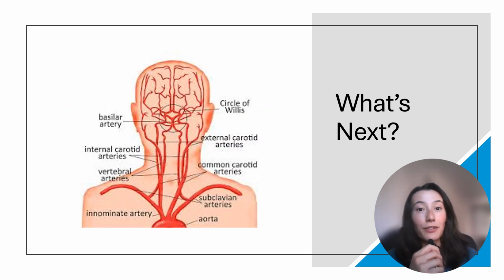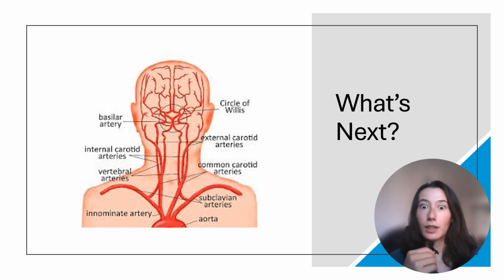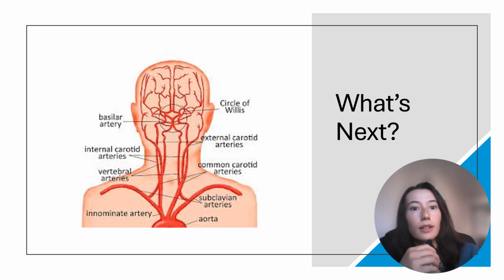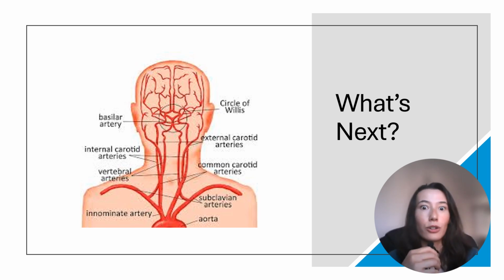So now we're definitely going a little bit more in depth, right? If you start at the bottom, yeah, they're the same arteries that we talked about in the previous image. However, now you can see what the next steps are. You're ascending, you say, oh, you know what? These actually turn into the vertebral arteries, the internal and external carotid arteries. And well, if you keep ascending, oh, this actually turns into the circle of